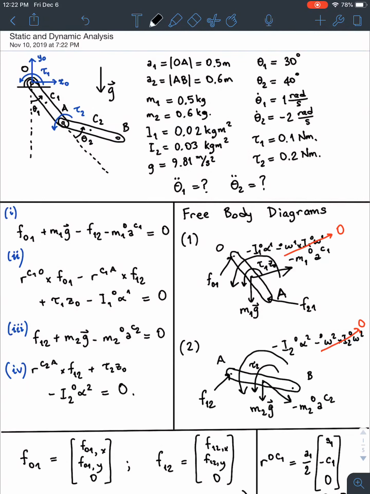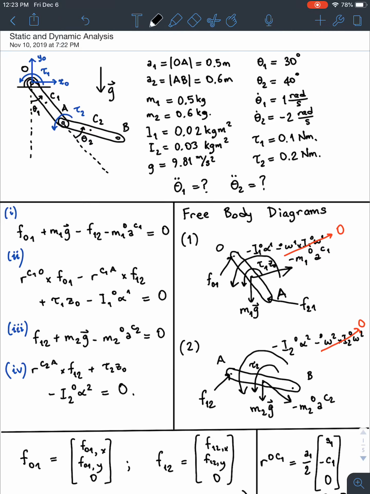Essentially, what I missed is the following. Okay, let me try to explain this. So tau 1 is a torque. Essentially, you can view tau 1 as a torque that is being exerted on the first link by the world, right? Because there is a motor at point tau that is actually attached to the world that exerts that torque on the first link. Similarly, tau 2 here is a torque that is exerted on link 2 from link 1, right? Because again, the motor at point A is attached to link 1, and it exerts a particular torque tau